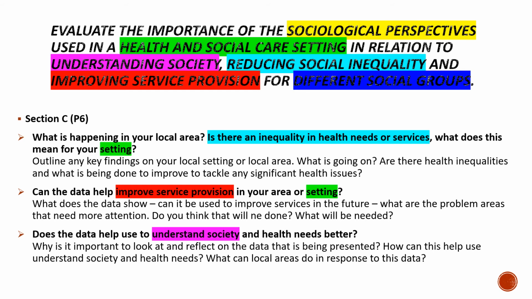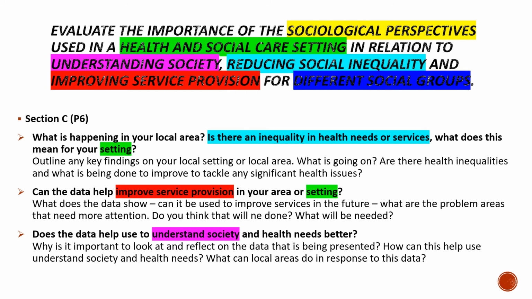So it might be looking at Colchester's data. There's quite a high rate of under 18 conception, so under 18s becoming pregnant. So in terms of understanding our society, it highlights that there is a weakness in maybe sexual health education, particularly in the school levels. So that could mean that there needs to be better either accessibility to sexual health services, to sexual health advice, or sexual health materials like contraceptives to reduce that